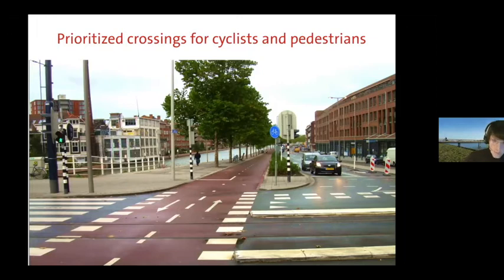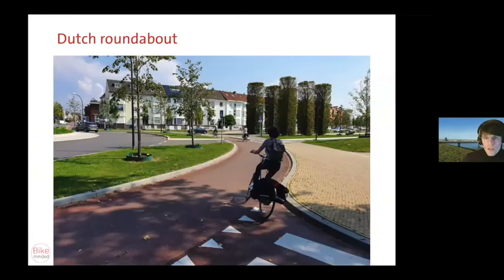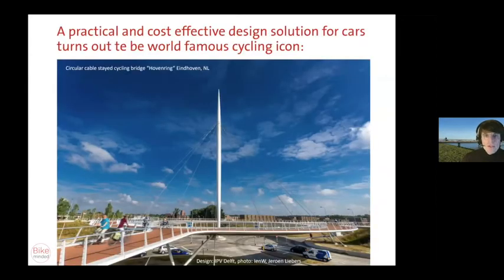So that was my time. My time is about up. So prioritizing crossings to enable these seamless connections. A Dutch roundabout is a great example of that. If you like, I can talk a bit more about that in the Q&A. And last